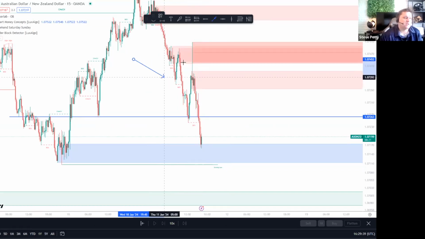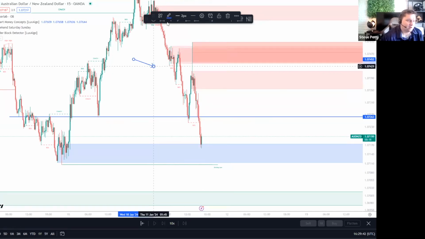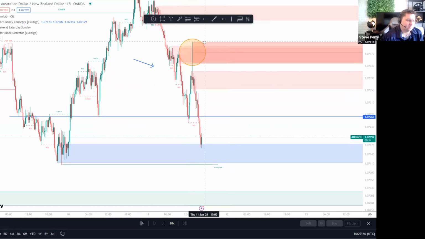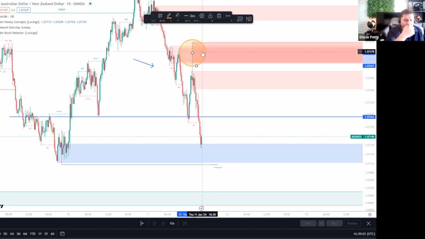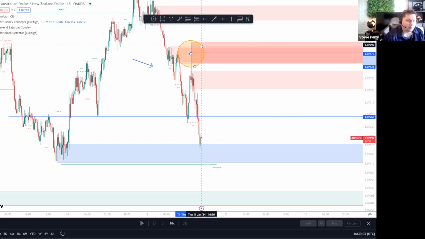Now the thing is, this one's been tapped into. See this big wick right here? That got tapped into. Basically, whatever happened in there that caused all those order blocks, it got mitigated with that candle. So you can't really use that order block anymore. Well, I mean, you can, but I don't like to use those order blocks anymore after they've already been mitigated